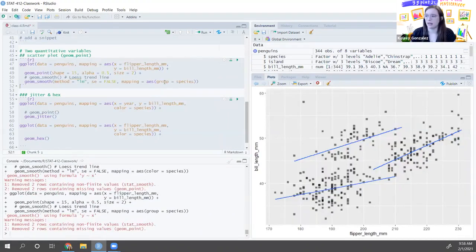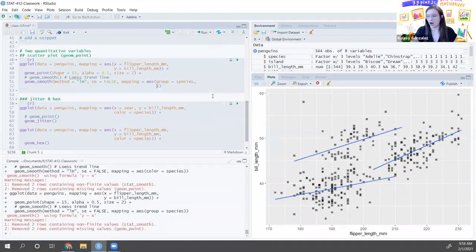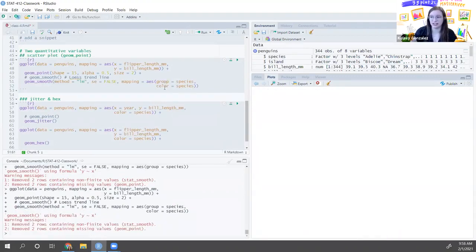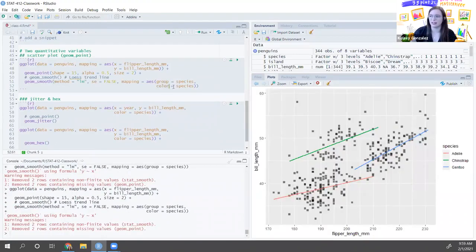So in this case, group would be saying divide this, but don't actually make them different colors. So I could also do group equals species, comma, color equals species. This would be saying group this by species and color it by species. Every time you color it, it's implicitly saying group as well, but I think that helps exemplify it a little bit better. So instead of just making, hey, make this all blue, we're saying make different colors for these